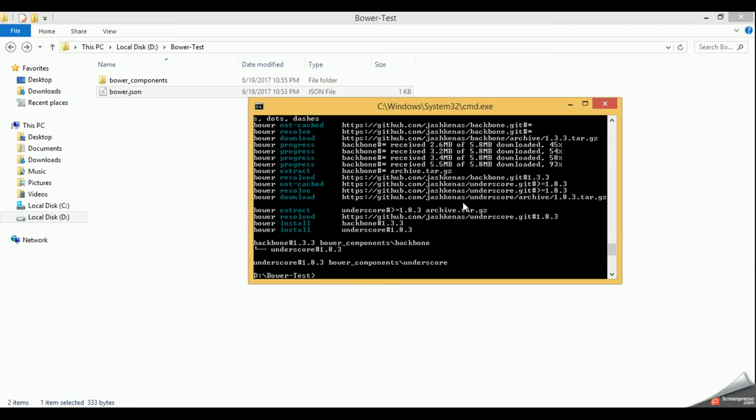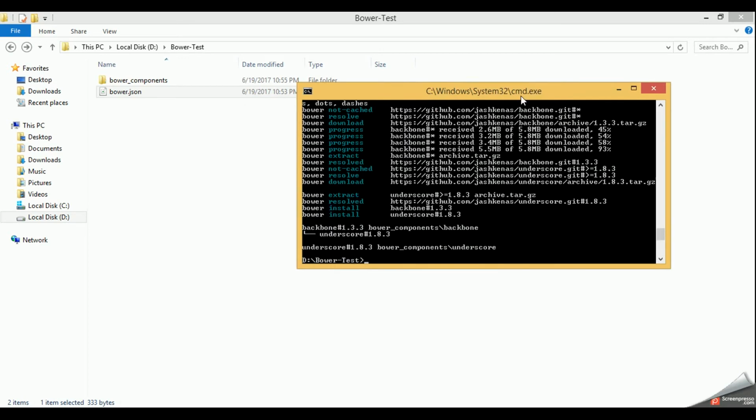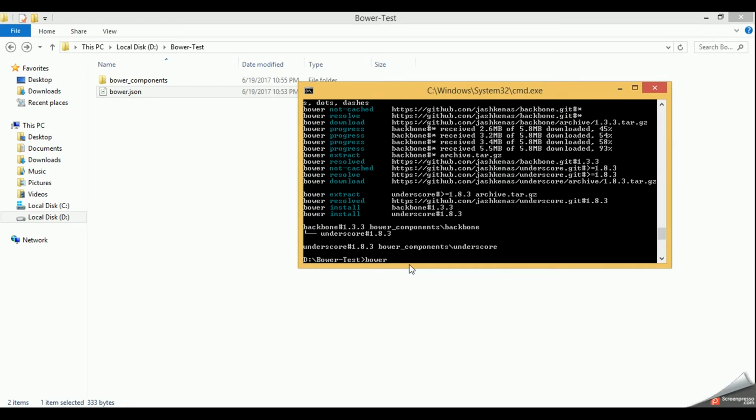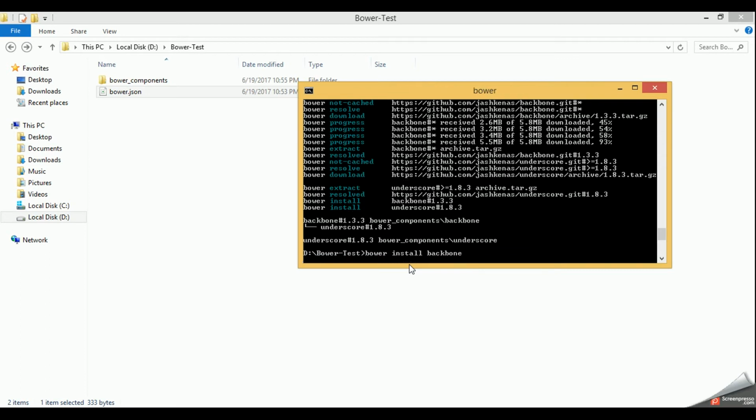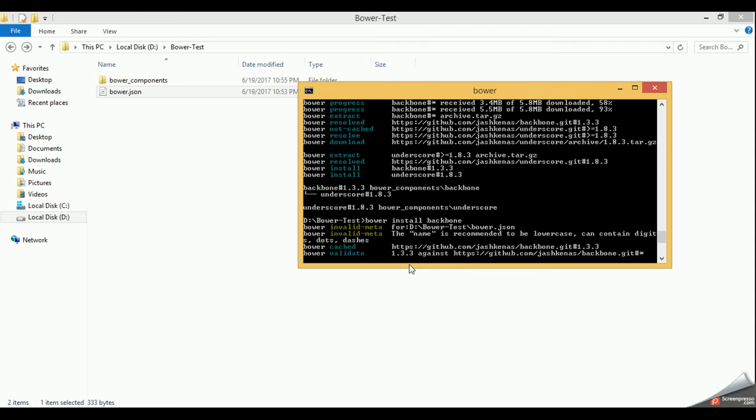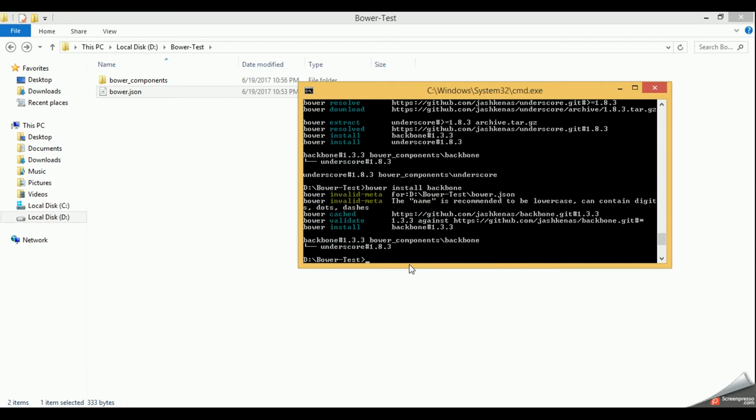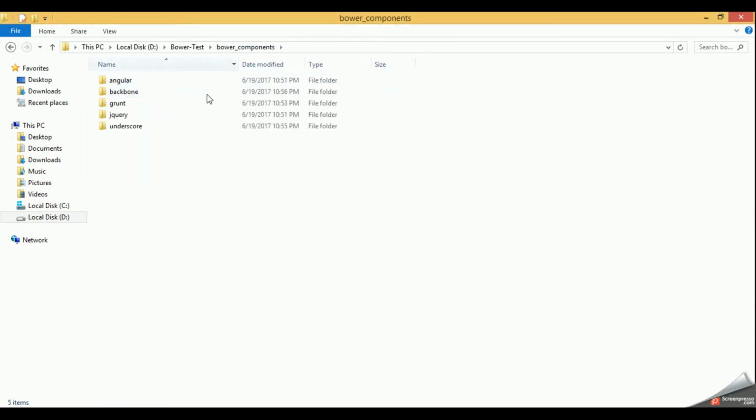Now one last thing remains. If we do bower install after having this bower.json file, for example bower install backbone, what it will do is search for backbone, resolve the Backbone dependencies, and download them into your bower_components folder.